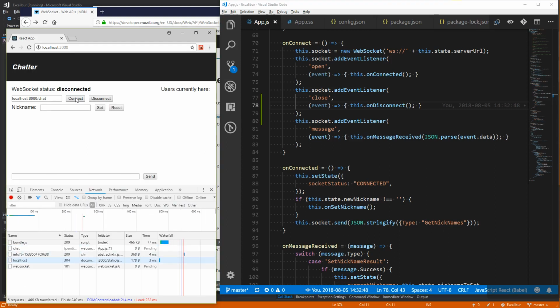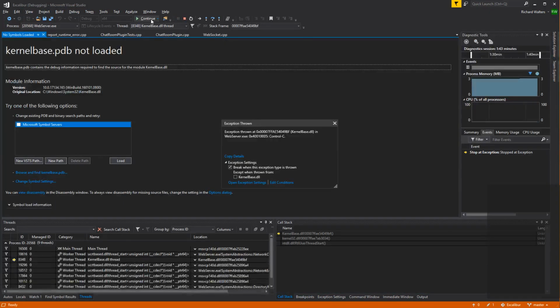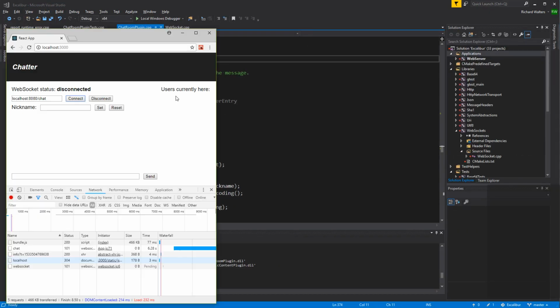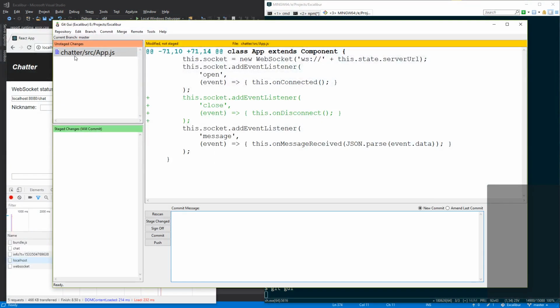Okay, so let's connect and then stop the web server. Disconnected. All right, cool. So that was a pure web app bug. That's in our chatter, which is in our root right now. So there we go.